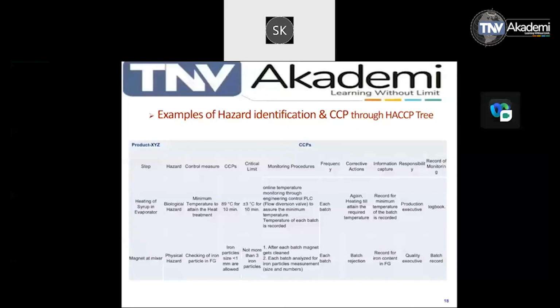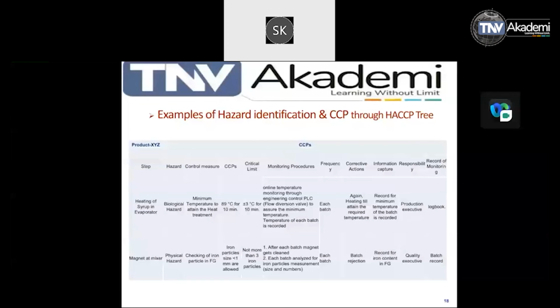So throughout, you can evaluate their steps, because you have to monitor that. For example, the temperature: you have to monitor 86 to 90 degrees. Then a temperature logger or an online temperature monitoring system should be available. If that is not available, a temperature sensor should be there, through which the temperature reading is captured. So you have to write down the temperature monitoring reading.